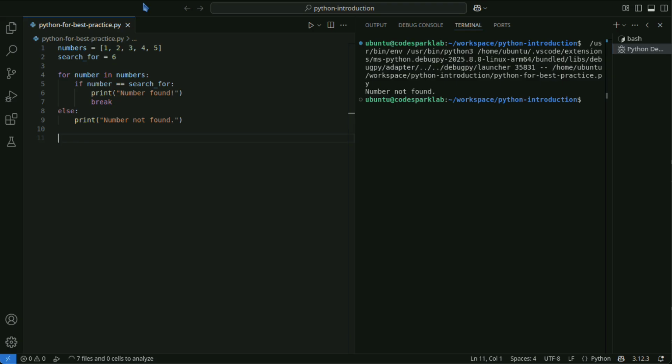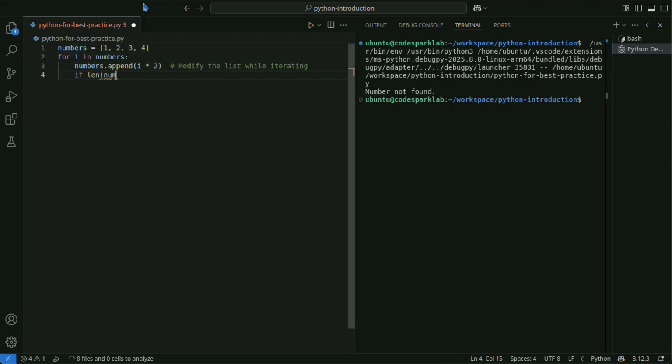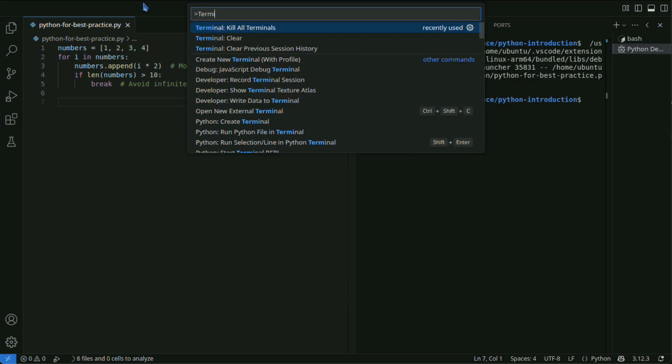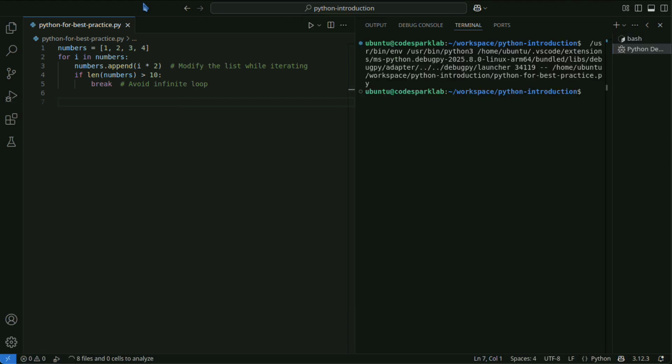Modifying an existing list inside a for loop can lead to unintended behavior or unpredictable results. Such operations should generally be avoided. This may produce unintended results and is not safe code. Instead, it is recommended to either create a new list or use an index-based loop to maintain stable code.